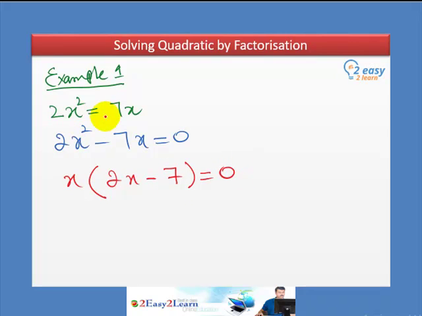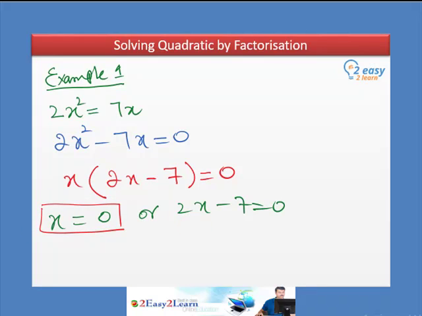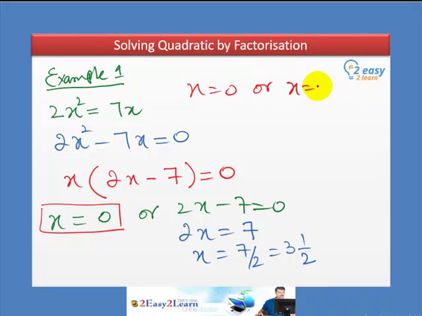So we have factorized 2x square minus 7x as x times 2x minus 7. These are two factors and both are equal to 0. Equate both factors one by one to 0. So x is equal to 0 or 2x minus 7 is equal to 0. This is your first answer, x is equal to 0. Now get the second answer, 2x minus 7 is equal to 0. Solve it, rearrange it, so x is equal to 7 by 2. So x is equal to 3 whole number 1 by 2. So you have two solutions of this equation, x is equal to 0 or x is equal to 3 whole